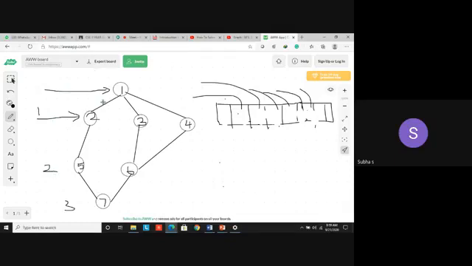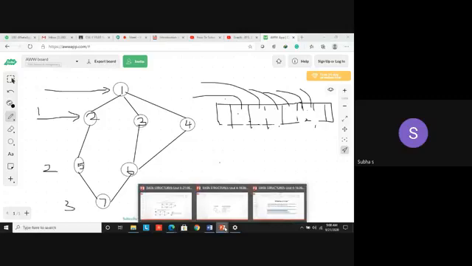So you are going to traverse based on the level order. First I am traversing level 0, then I finish all the vertices in level 1, because level 1 means the nodes are adjacent to the node which is present in level 0. Then I have moved to level 2, then finally to level 3. So this is the horizontal way I am going to traverse. So this technique is called breadth first search. In other words, we can call it a level order traversal. Remember it? This is called a level order traversal.